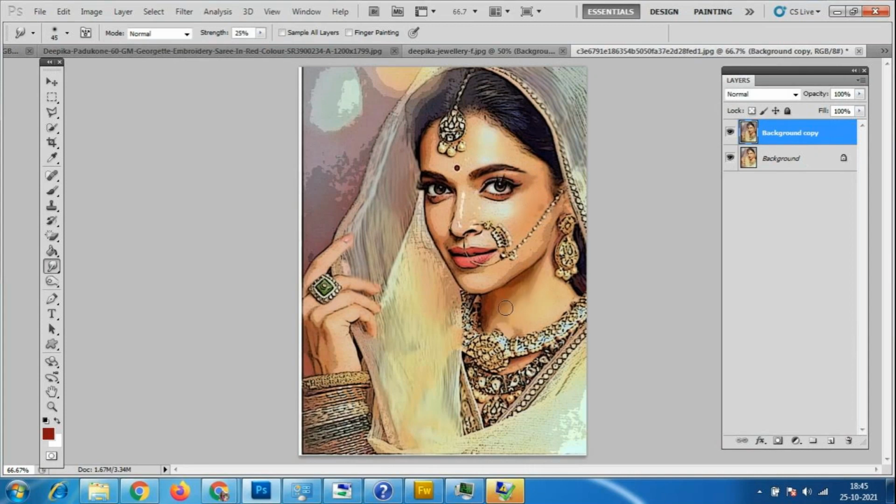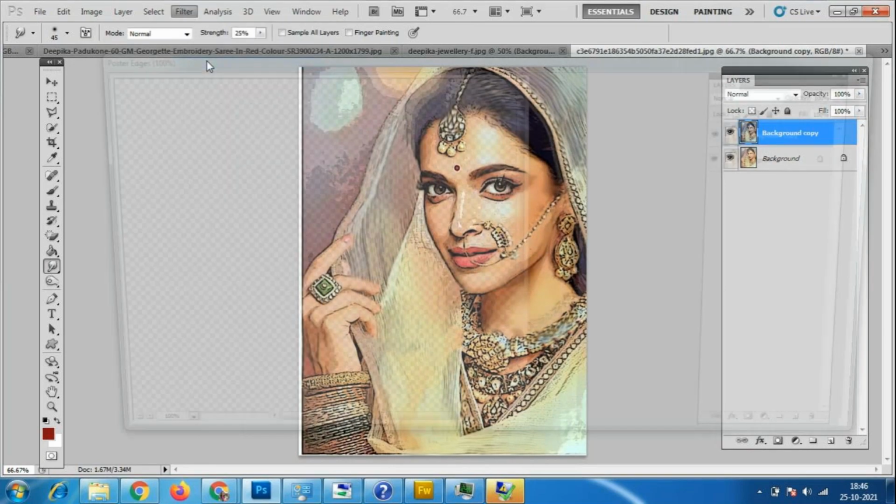And okay, ornaments are not proper, so very lightly we are using this smudge tool. Okay, so again for this also we can apply this poster effect or some other effect.